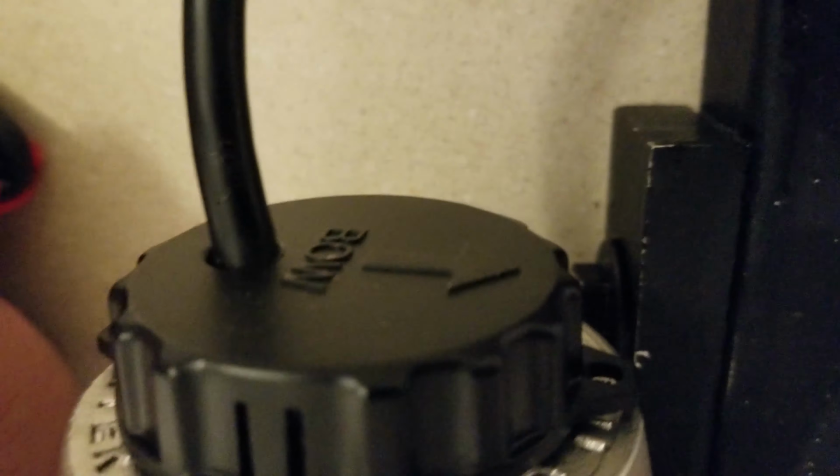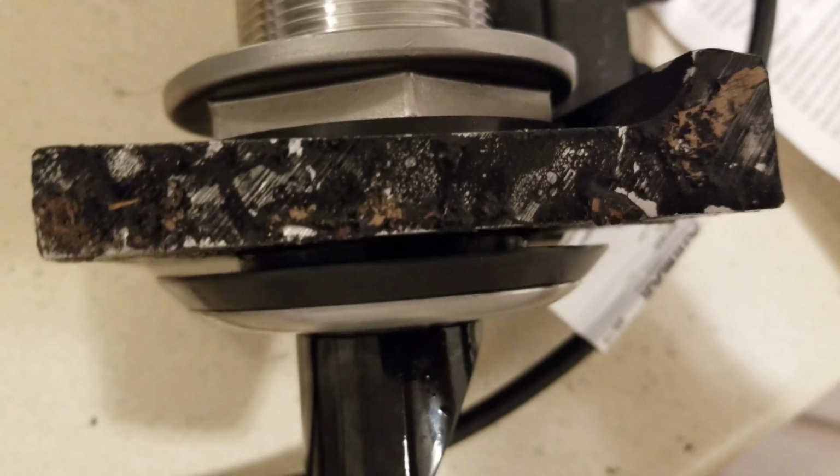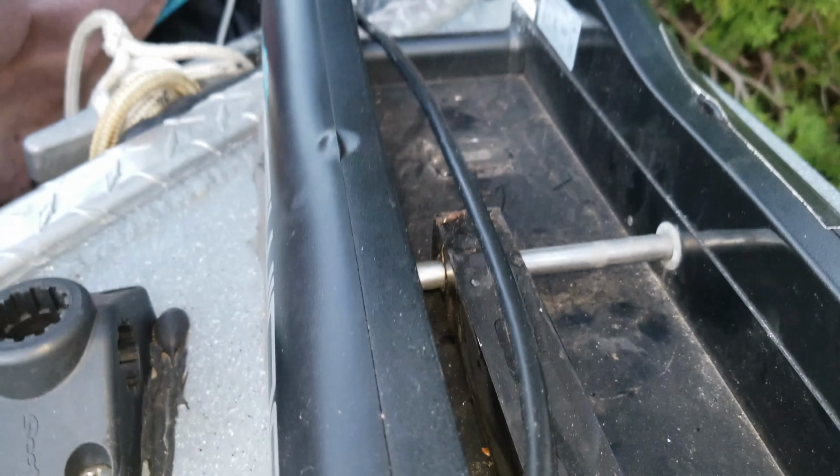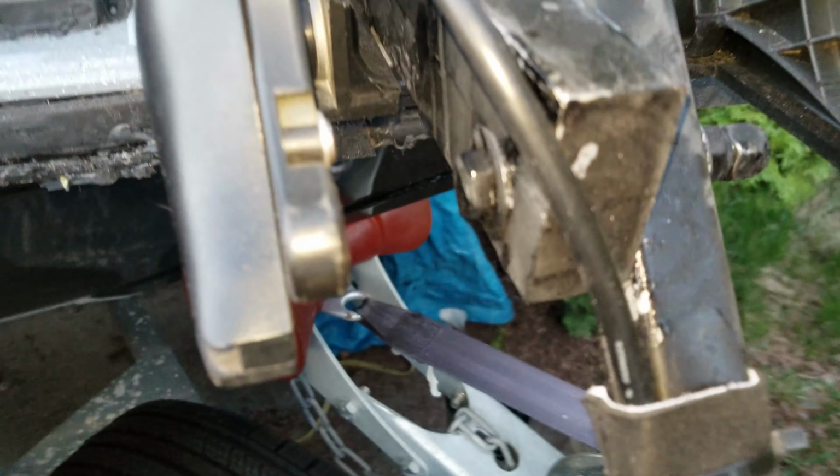Cap nuts tightened as far as it'll go, and just pointing towards the bow. So we're good. And now to fix it on the boat. Okay, so here's the completed assembly. And then if I flip it up,